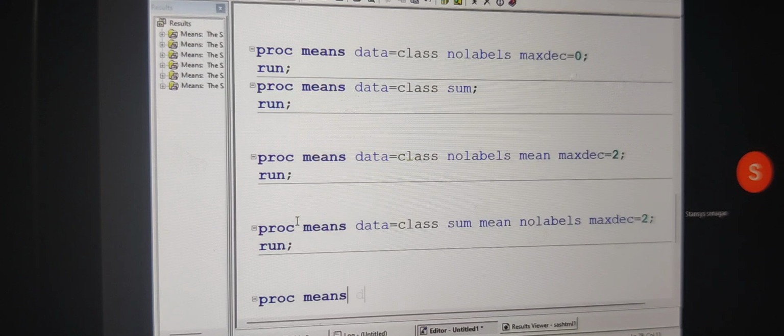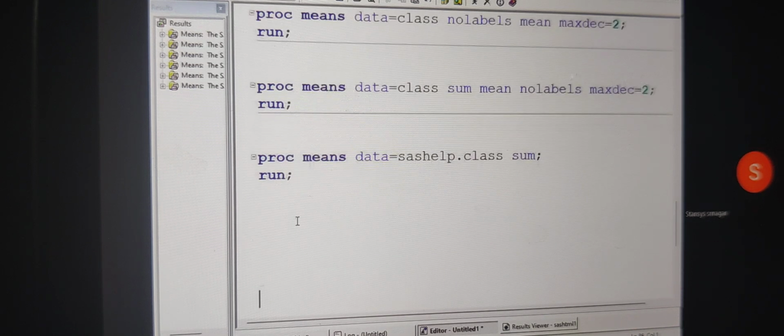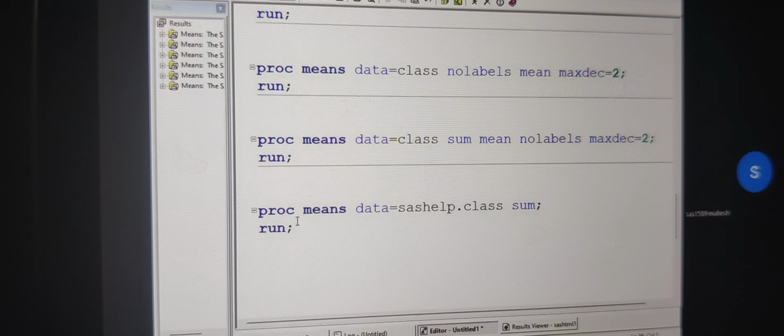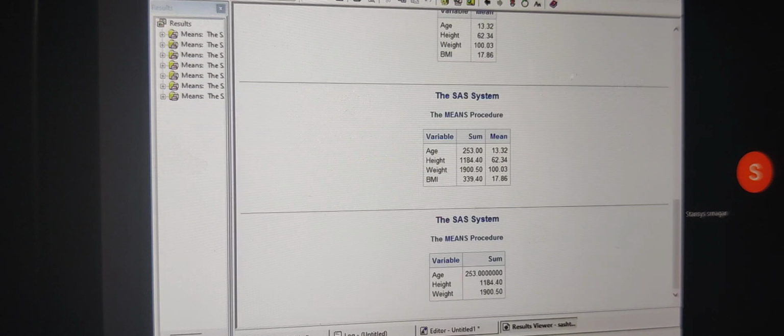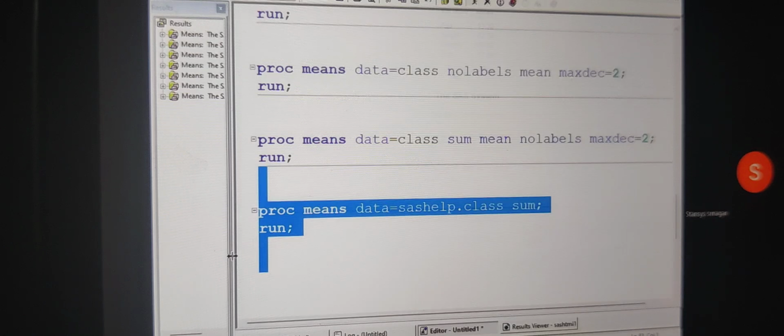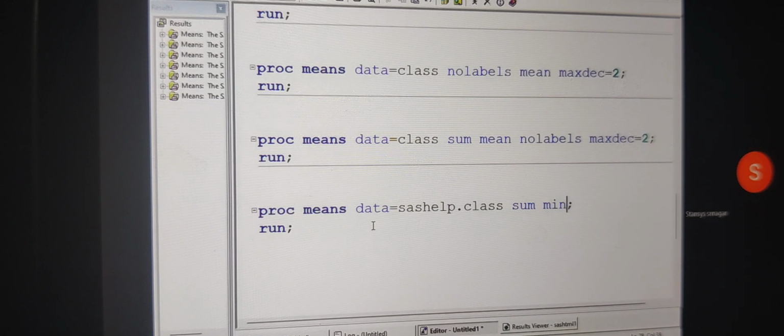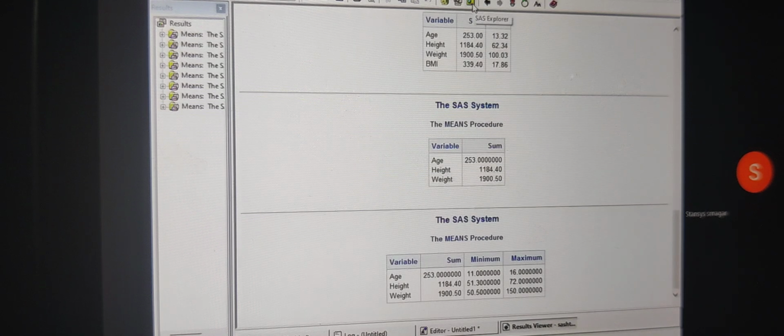I'm writing proc means data is equal to sashelp.class, the third class. Okay. Now tell me what is going to happen with this program and which variables it will execute on. Only 3 variables, right? Because in this class we have only 3 numerical variables, it will execute on 3 variables. By default you will get the sum. And by the way, I want to have minimum value and max. What will the min option do? It will return the minimum value and max will return the highest value. And the input is height and weight. And along with that,